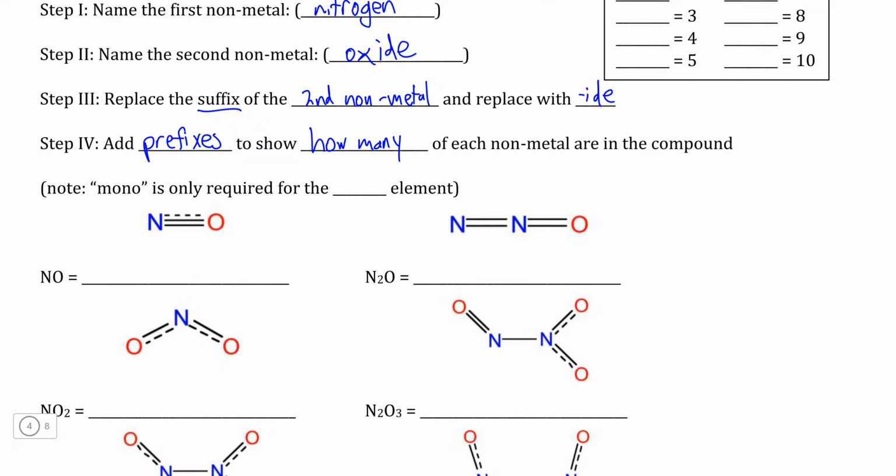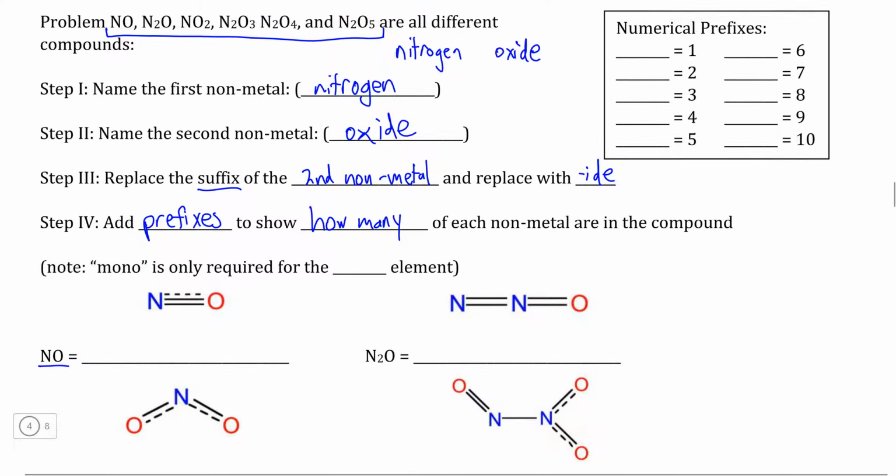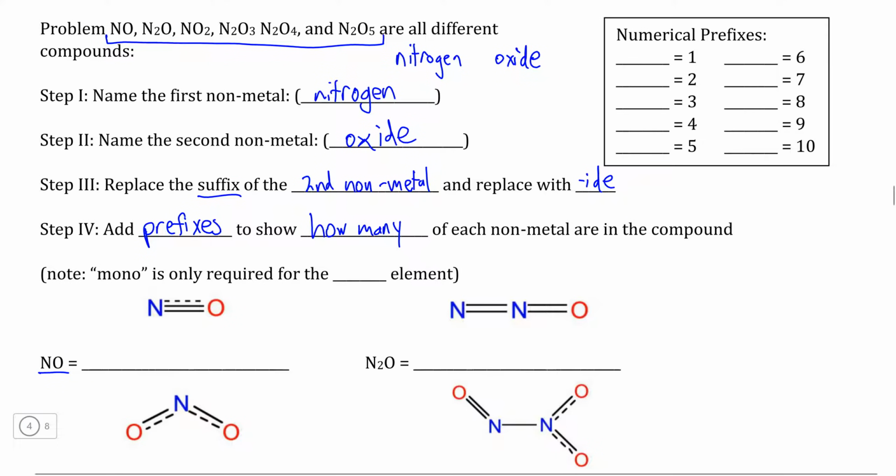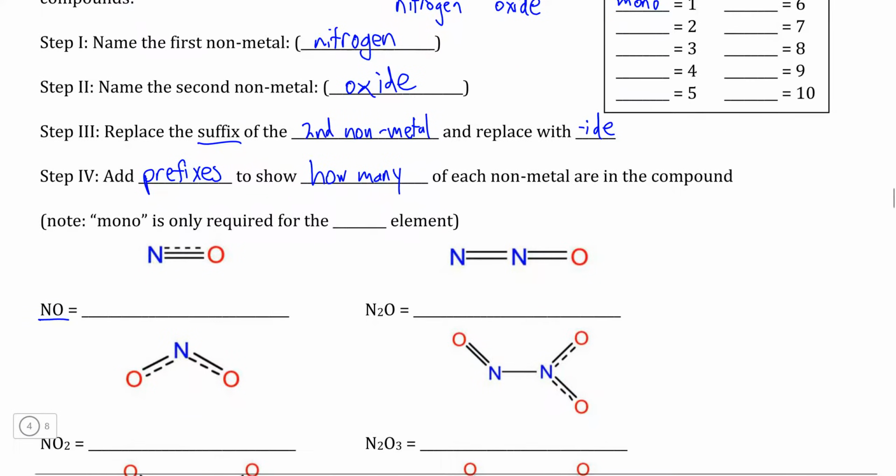Now, if we start simply here, we can see in this nitrogen oxide, we actually only have one of each, and the numerical prefix that we add to the beginning of nitrogen and or oxygen that indicates that we only have one is the prefix mono. You may be familiar with this prefix meaning one. For example, a train that travels only on one rail is called a monorail. So if we wanted to be ultra specific with NO, we could call this mononitrogen, meaning one nitrogen,